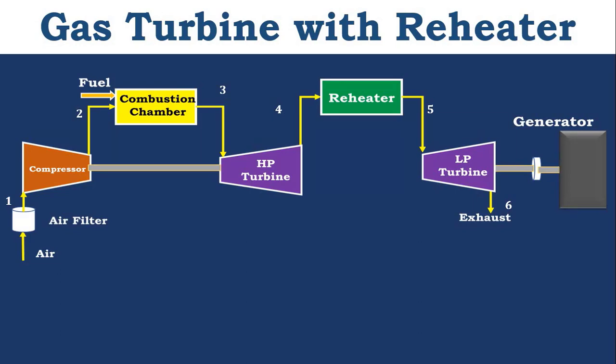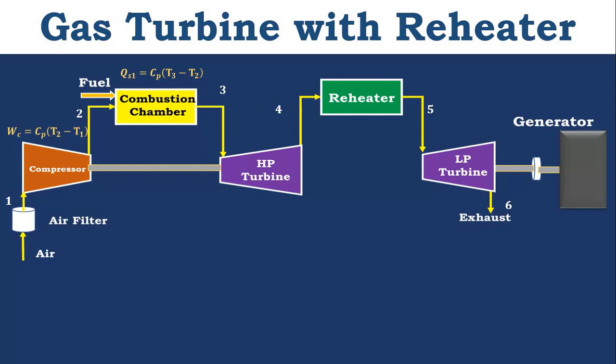So you know how to derive the work or heat for an open system according to the first law of thermodynamics. Already we have done this in the previous lectures of this playlist. If you have any doubt, you can check how to apply the steady flow energy equation for the compressor, turbine and combustion chamber. For the compressor, we know that it is placed between 1 and 2. So we need to find out the amount of work given to the compressor. That is WC is equal to Cp (T2 minus T1). In the combustion chamber, we need to find out the amount of heat given to the combustion chamber. That is QS1 is equal to Cp (T3 minus T2), where T3 is the maximum temperature.